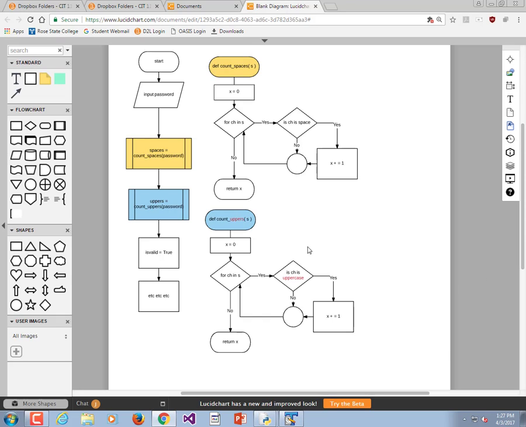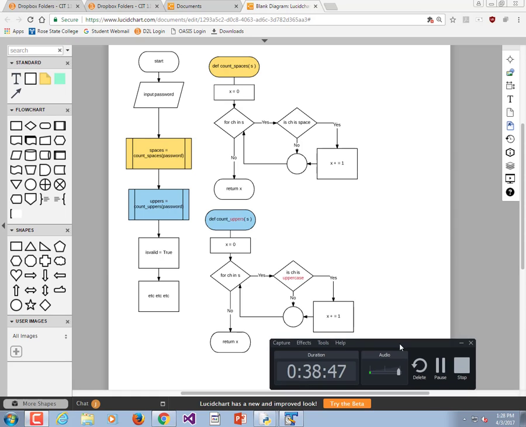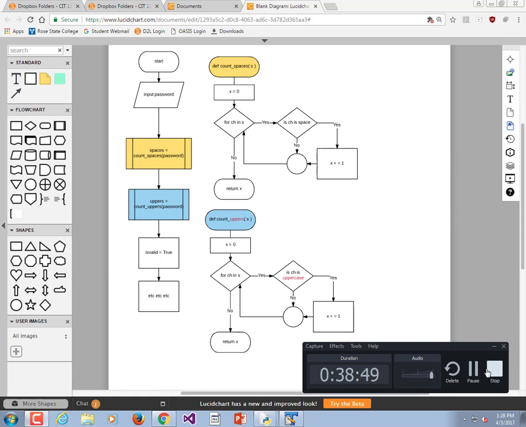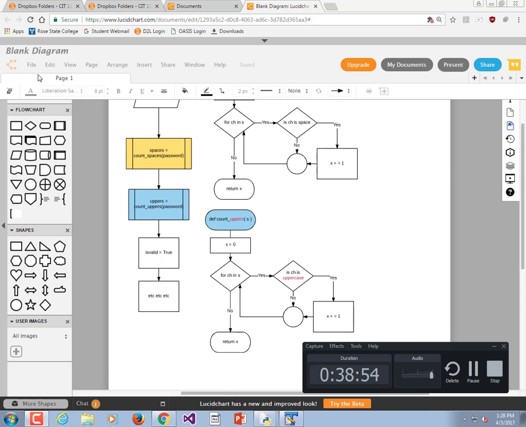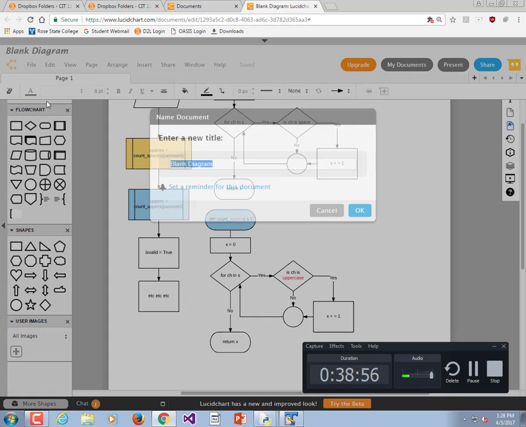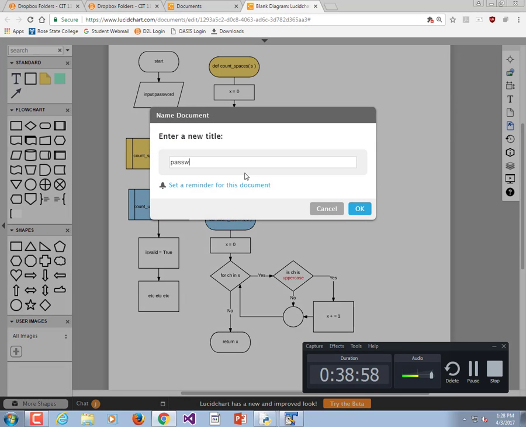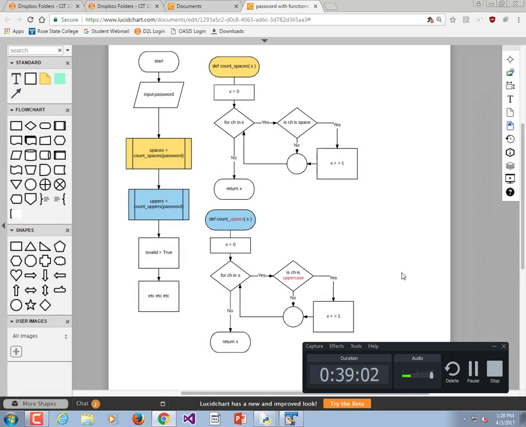You can go ahead and switch back to the first one if you need it to give some tidiness. And also we need a Dropbox for these. So I'm going to do a save and call this one password with functions. And then when I download them, they'll have more interesting